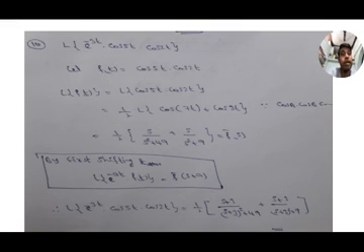First we have to take f of t except the exponential function, then find its Laplace transform, that is f bar s, and then use the first shifting property. L of e to the power of at f of t means f bar of s minus a; e to the power of minus at into f of t means f bar of s plus a.